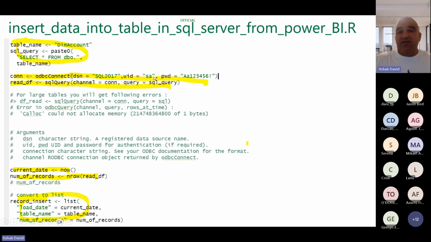UID: here I use SA, but it's not recommended for security reasons, only for the example. And this is the password. Read df with the SQL query channel connection, query SQL query. Go to the SQL query and do select star from DIM account. Now I want to